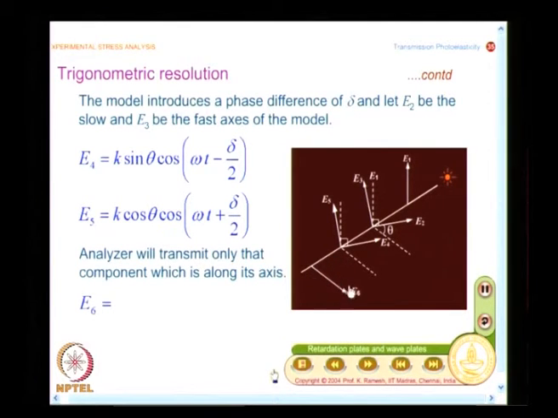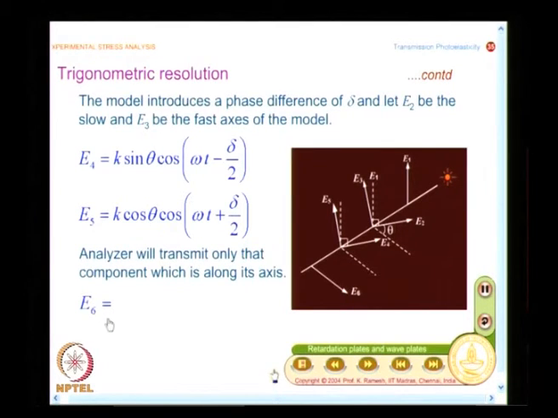So, when it comes out of the model, what will this E6 do? This is nothing but your analyzer. This will allow only the component of light that is parallel to it. If the light vector is perpendicular, it will be completely cut off. So, we want to write an expression for the light transmitted by E6. That is very simple. I have E4, you know this angle, I can find out what is the contribution from E4 and what is the contribution from E5. Can you write what is E6?